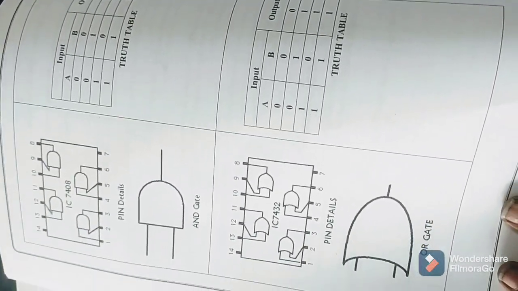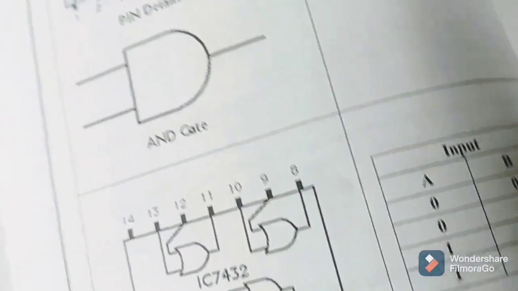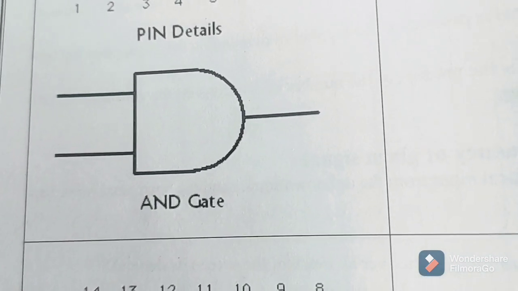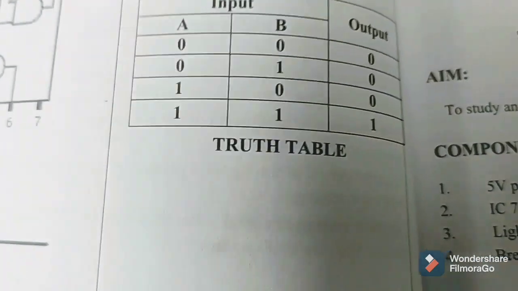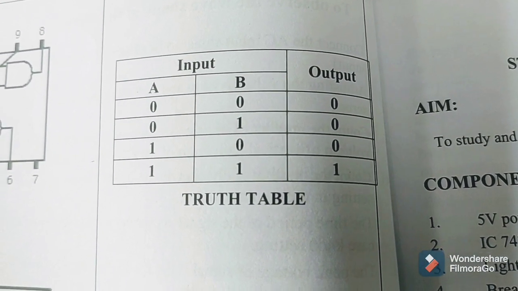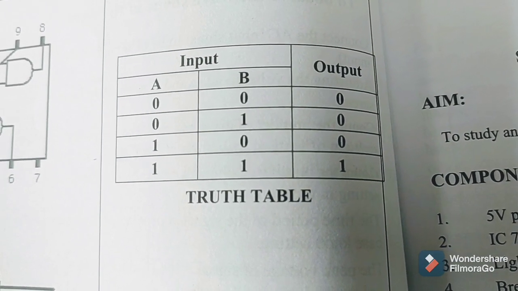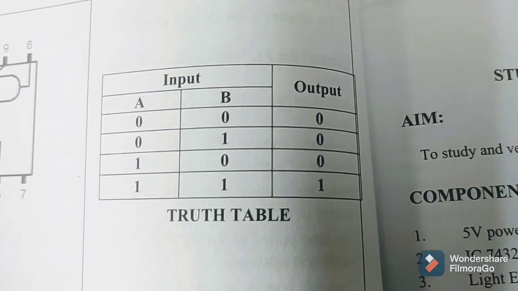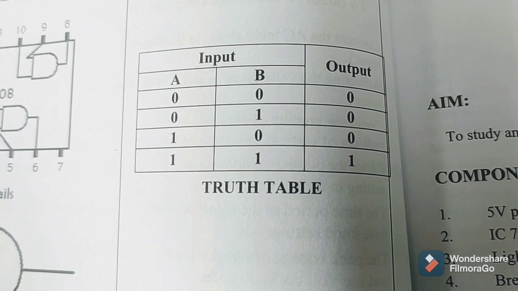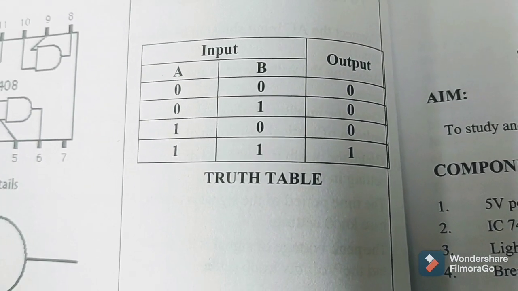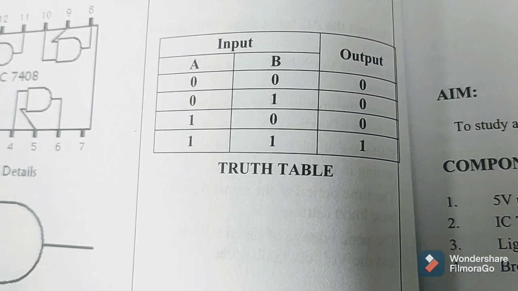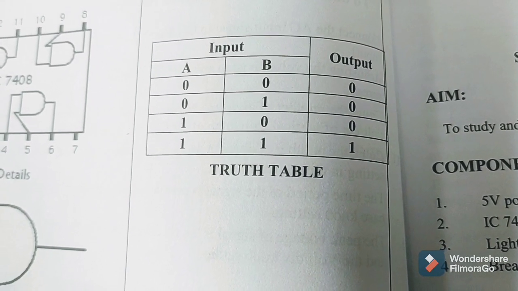Now I will show you the symbolic representation of the logic gates and the truth table that we need to verify. This is the symbol of an AND gate, and the truth table of that AND gate is like this, where the A and B terminals represent the inputs and the C terminal is the output. In this logic gate we need to verify that if I give the input as low, whether we are getting the output as low or not. Again, if we give input A as 0 and B as 1, that means a high value on the B side, we check whether we are getting a low output or not.